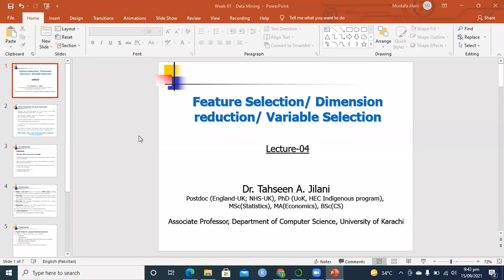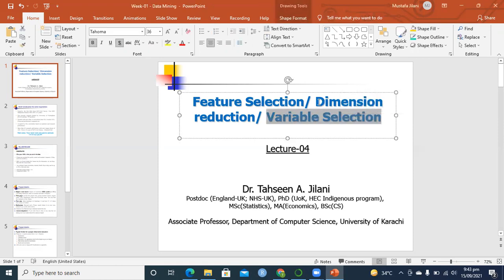This is lecture 4, and in this lecture we will study feature selection. I think in lesson 2 we talked about what feature selection is, and this is also called dimension reduction or variable selection. In statistics it is called variable selection. In multivariate analysis and data mining it is also called dimension reduction, and in machine learning this is called feature